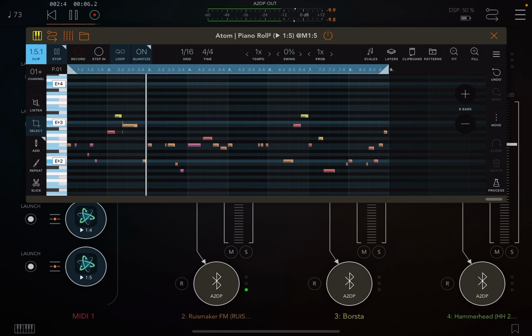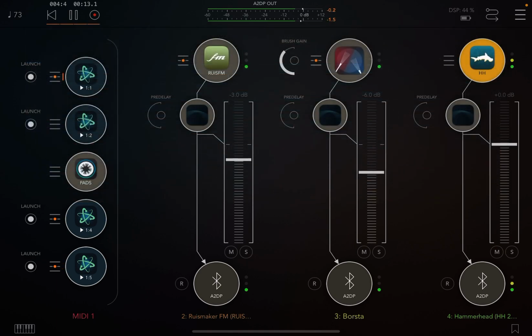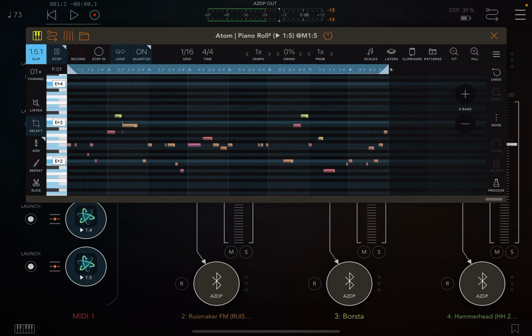Here's that bass. So one trick, let's stop for a second. I'm gonna show you this trick I use. One of the things I love about